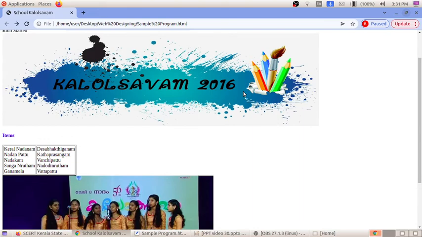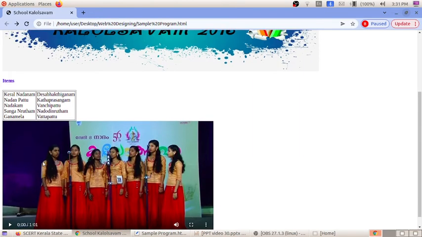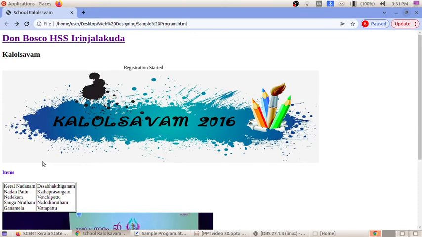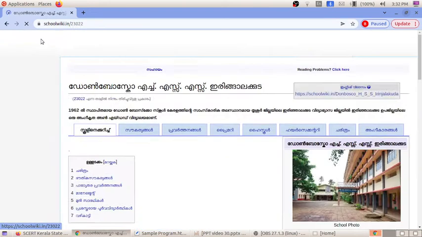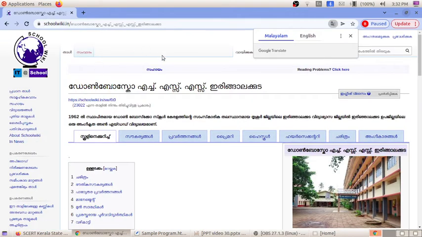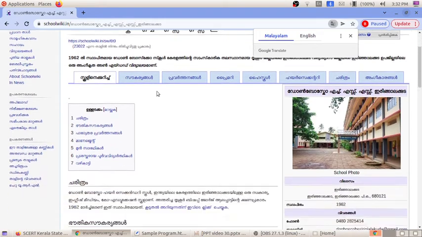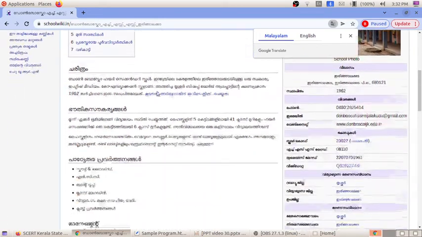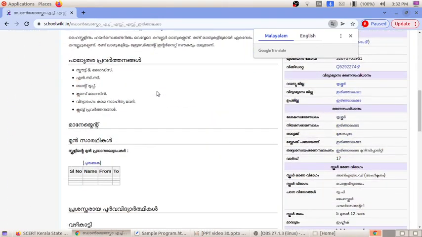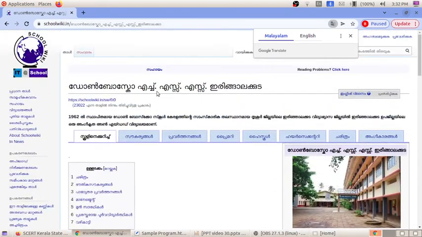Then the list of items is also here, and we have included a video, and at last we have given a hyperlink for the school. So when you click on this, you will be getting the school's details in school wiki. If a person from outside wants to know more about our school, they can see the school's details over here.